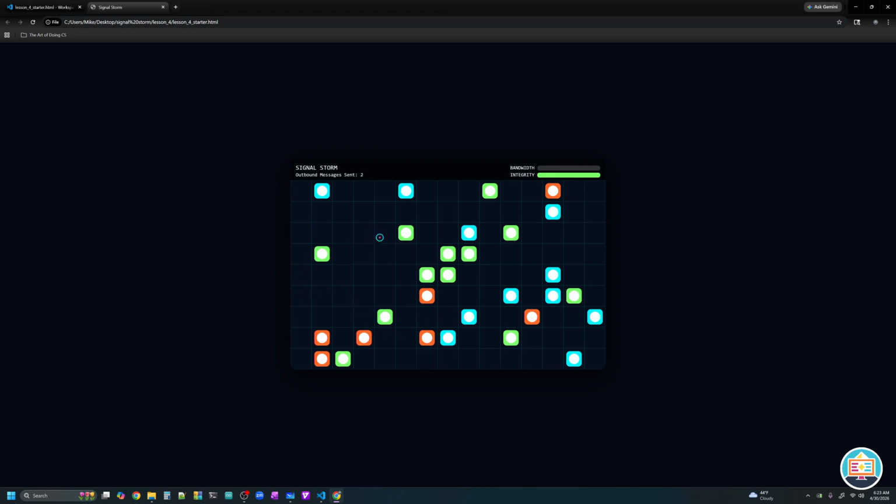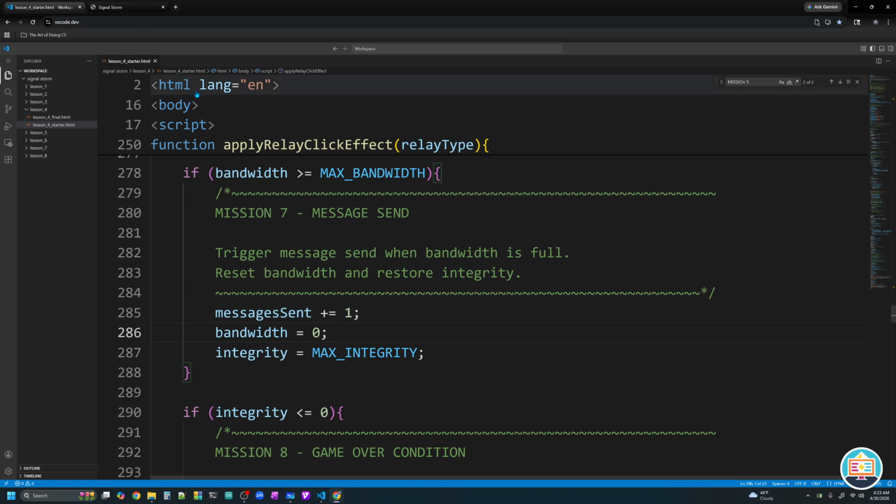So I can keep clicking. Perfect. 2 messages sent. All right, 3 messages sent. So this is working nicely. My health is refilling as I send those messages. Awesome. So now we sort of got our score system in place here, but we got to get a